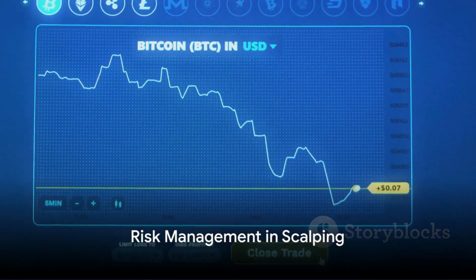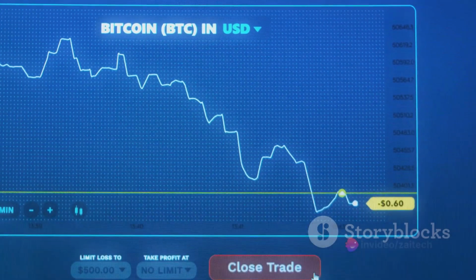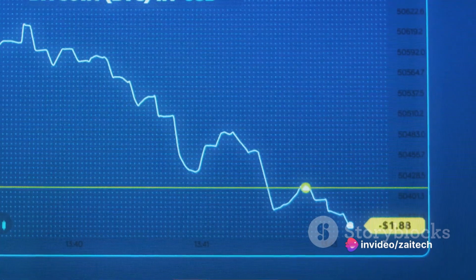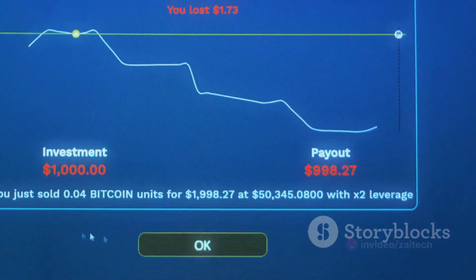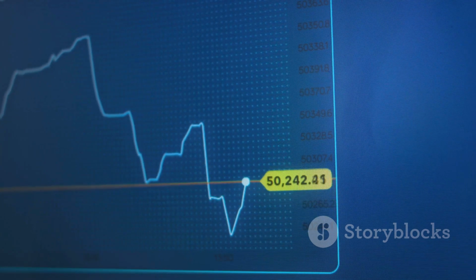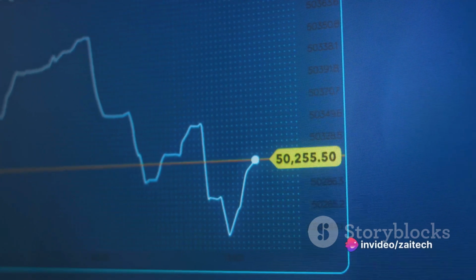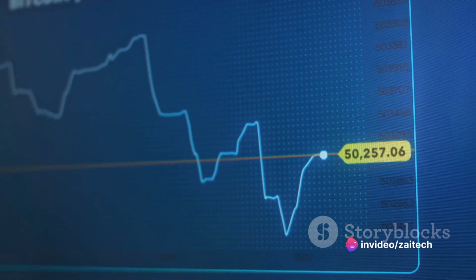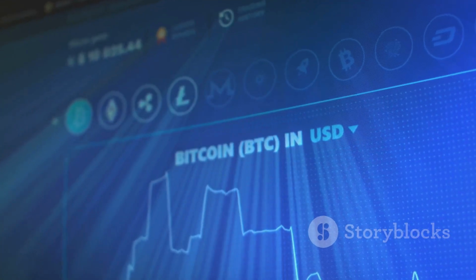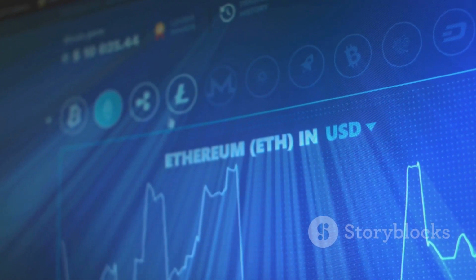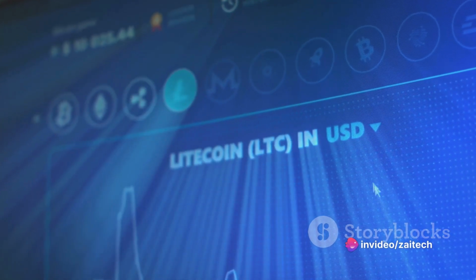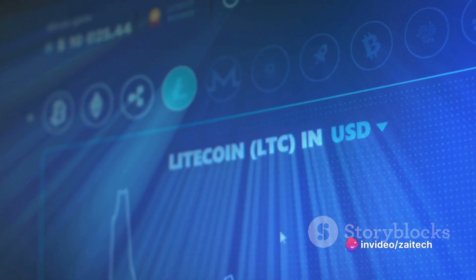In the world of trading, managing your risk is just as important as identifying profitable trades. In our pursuit of quick profits with a 15-minute scalping strategy, we must never overlook the need for robust risk management. Let's begin with stop loss and take profit levels. These are our safety nets. A stop loss order limits your loss if the market doesn't go in your favor, while a take profit order ensures you lock in your gains when a specified profit level is reached. By setting these levels, we can step away from the screen, knowing our risk is under control.